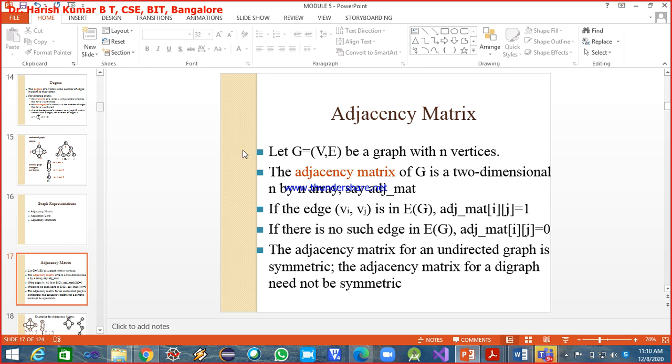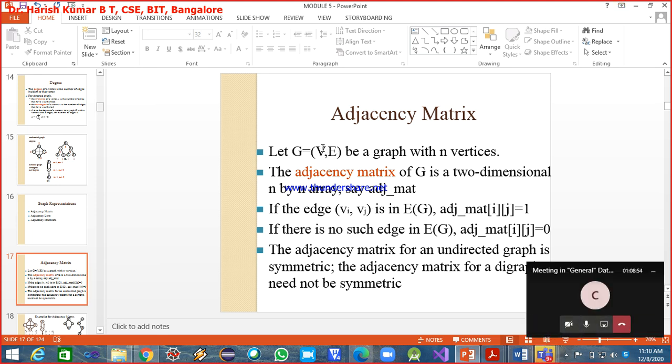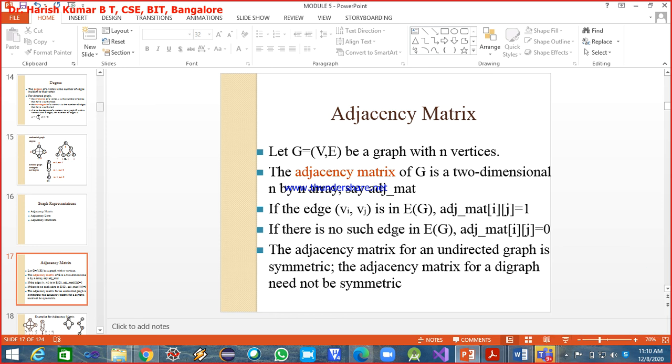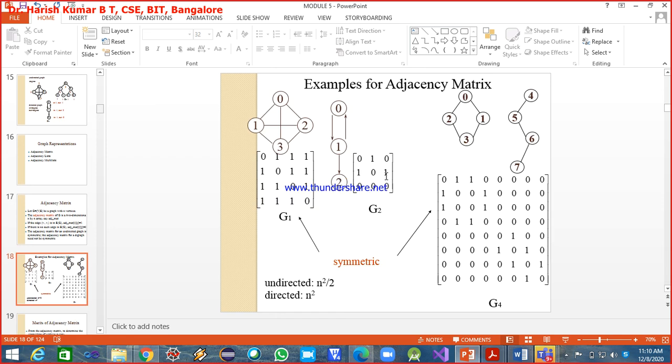Okay. So this is a graph with vertices and edges. A graph with a set of N vertices, which is represented as V, and a set of edges, which is represented as E. So V has N vertices and E has E edges. What we'll do is the adjacency matrix representation, which we will discuss from here in the next class.